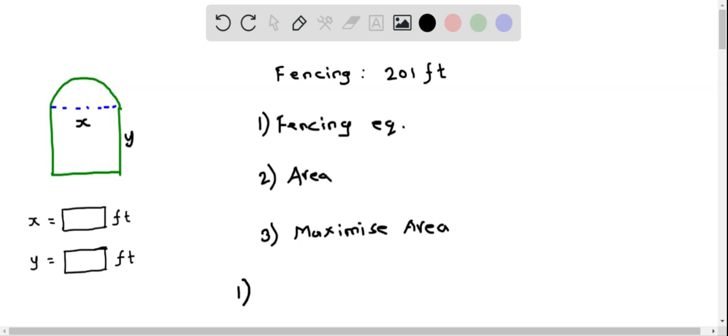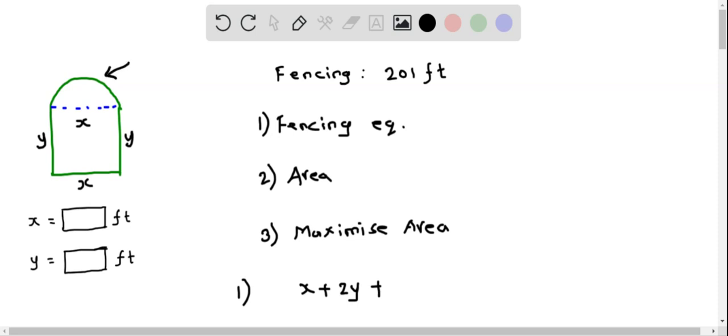Since we are given that 201 feet is the maximum fencing, let's set up the fencing equation now. As you can see from this diagram, this side length is x and this side length is y. So the fencing involves this x, plus y, and so basically we have 2y. We have two side lengths whose dimension is y, so I'm going to put x plus 2y. So this is the fencing required along the sides of the rectangle. And now we have to fence along the